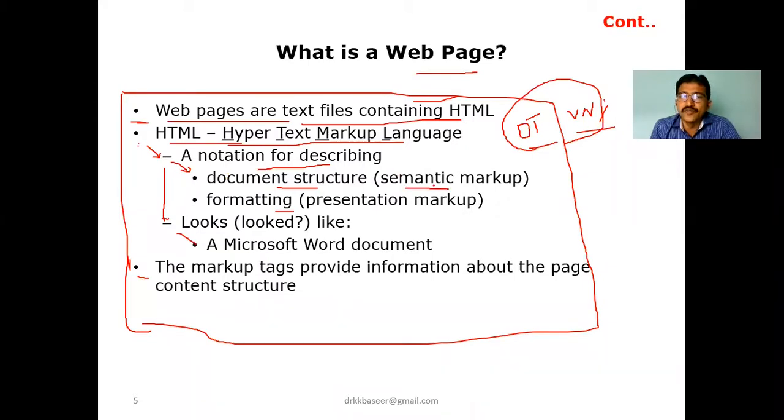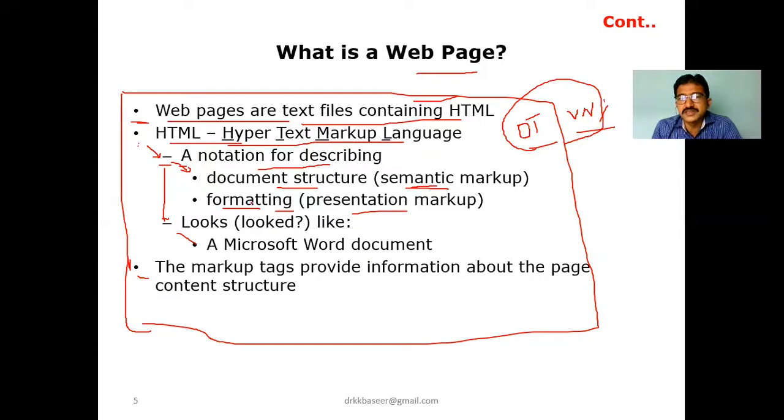Now, how are you going to do the formatting? How many spaces are required after the first bullet or second bullet? How does the hyphen come into the picture? This is done with the help of formatting. So formatting is called presentation markup. Making your document into a structured format is semantic markup. In a simpler fashion, HTML can be described in 2 ways, semantic as well as presentation. Semantic is for the purpose of document structure, and presentation markup is for formatting.